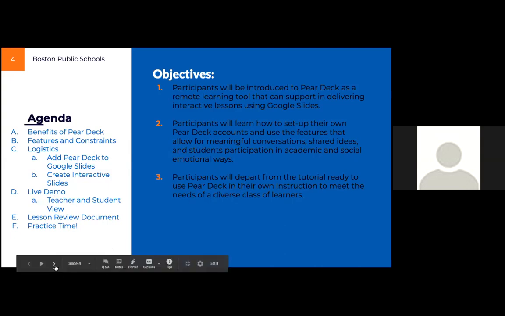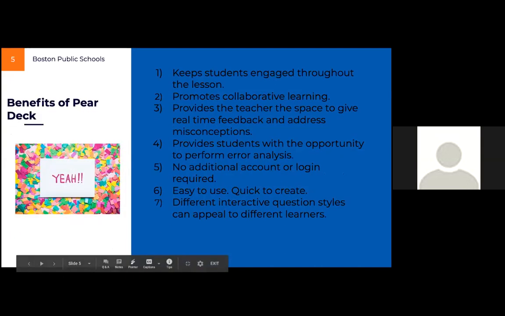Okay, so benefits of Pear Deck. It definitely keeps your students engaged. When I began using it for remote learning, I had more than half of my classes all log in. My students were using it, adding to the lesson. They found it to be really engaging, and they told me this. It promotes a lot of collaborative learning,